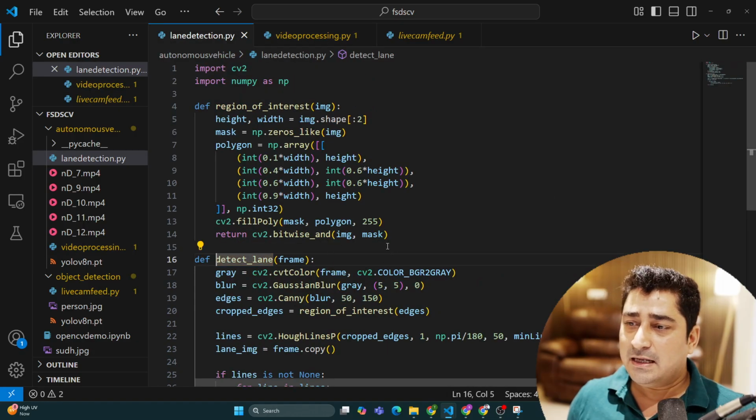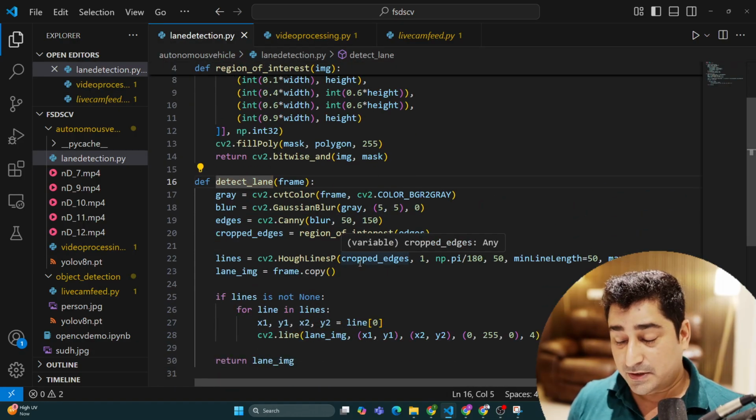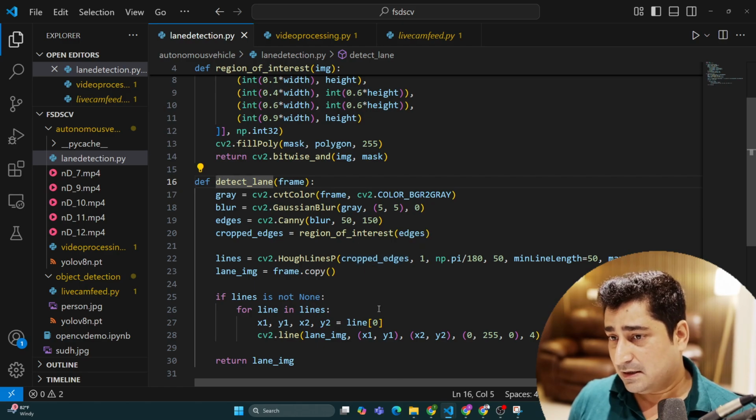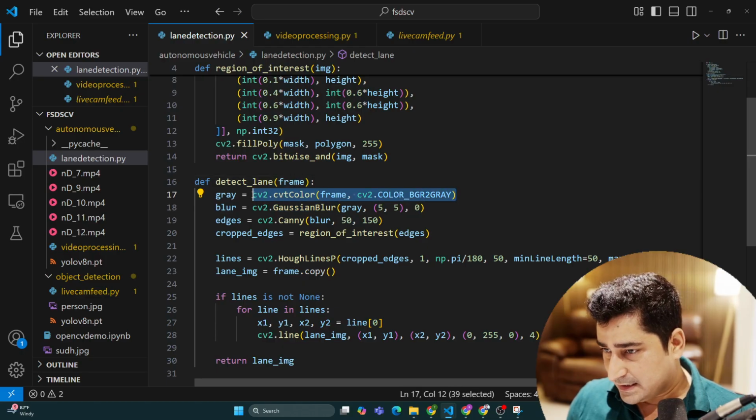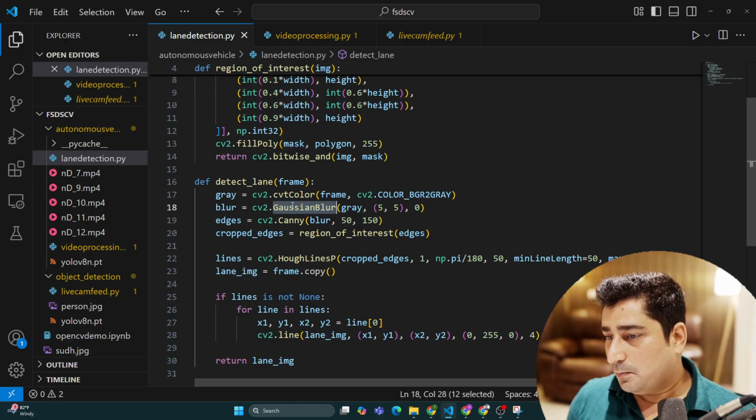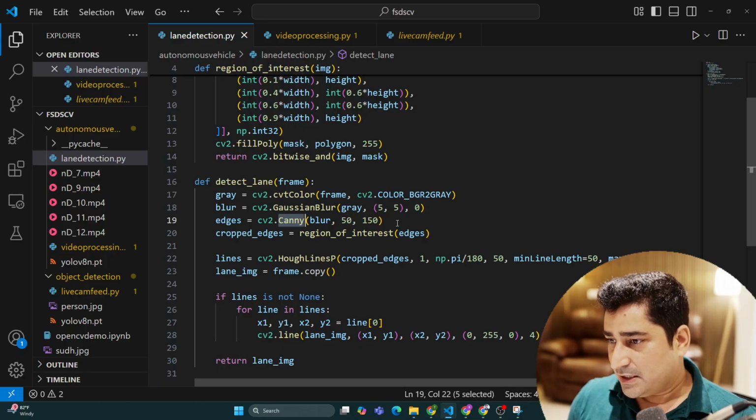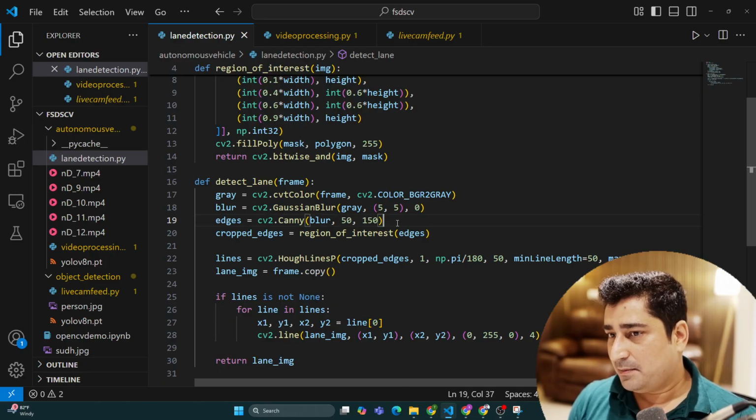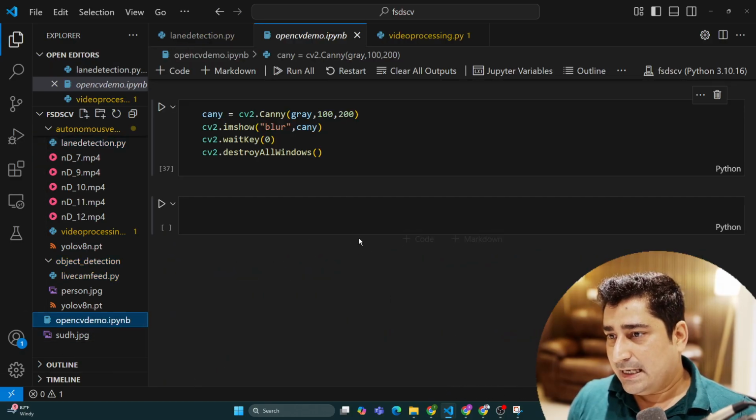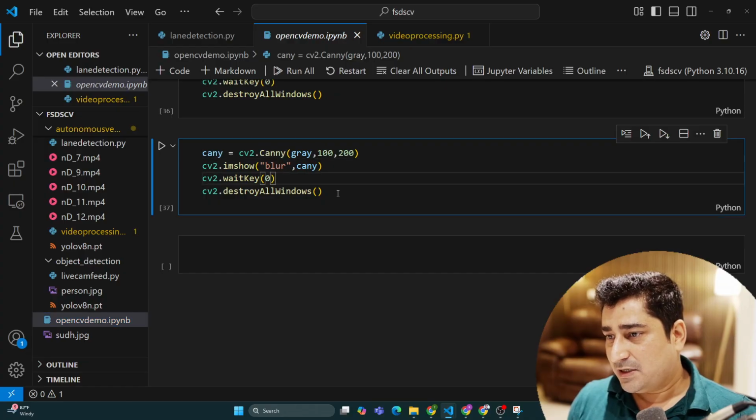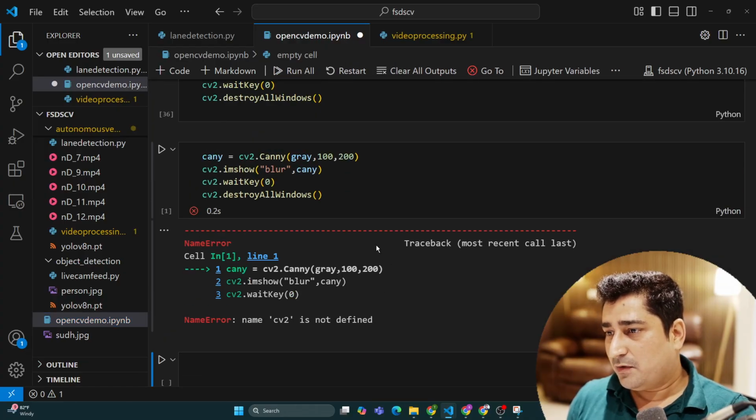This detect lane is a pure computer vision library function that has been written. It is going to take a frame, convert it into grayscale, then blur it, then call a canny edge, so that whatever lines are available are found. Because if you remember when I showed you this canny edge, if I execute it once again,